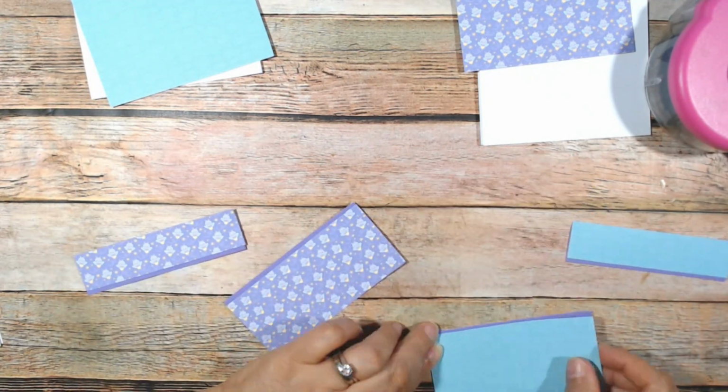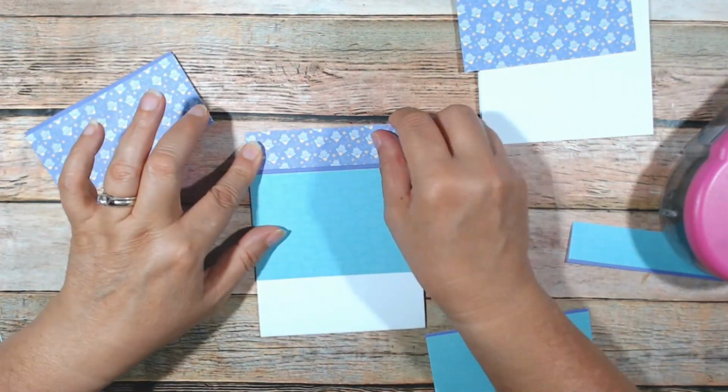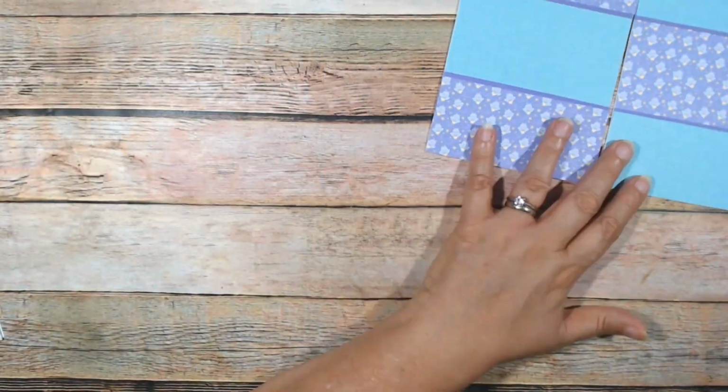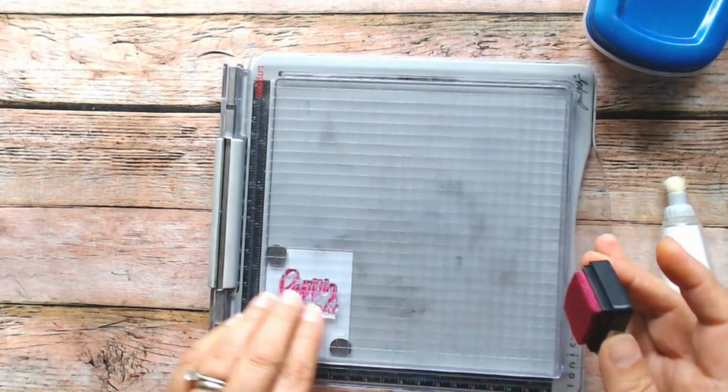And then I grab my ATG, and a lot of times I use ATG when I'm making cards. If I have embellishments, sometimes I glue them down, but ATG works real well for the cards. But you might see sometimes I grab the art glitter glue. Now